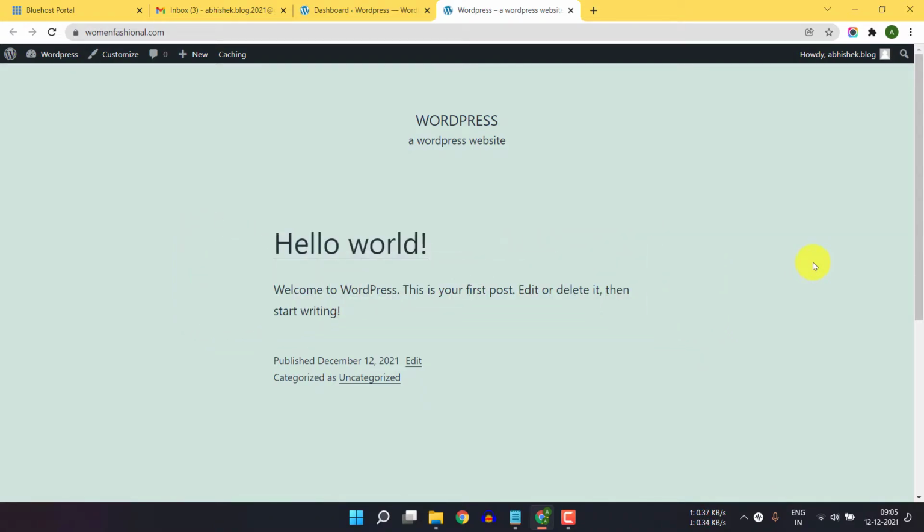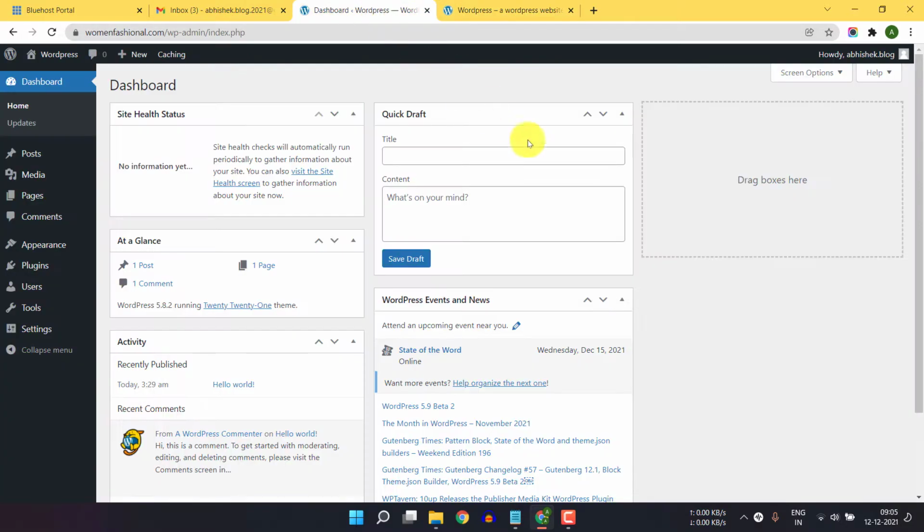I generally take daily backup and it will automatically save to my Google Drive account, so that I don't have to manually download and upload that backup file to WordPress. And you can easily do backup in WordPress for free, so you don't have to pay for any plugin. Most hosting companies charge you some money for daily backup, but you can use a free plugin to create daily backup and save it to your cloud storage. So let's start the video.